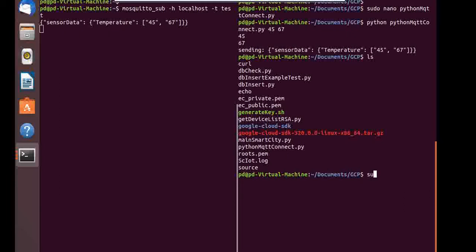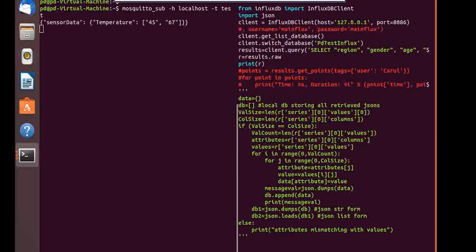So it is sudo nano, and the program is dbcheck.py. You can see I have installed InfluxDB for Python, and it is sending to this local host, and I have already created a database in which I will query the data.